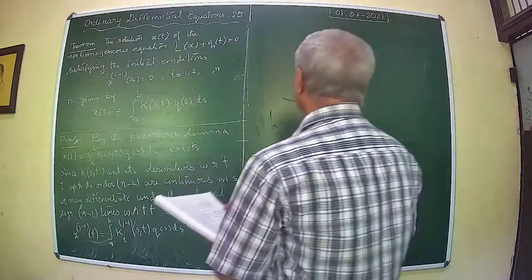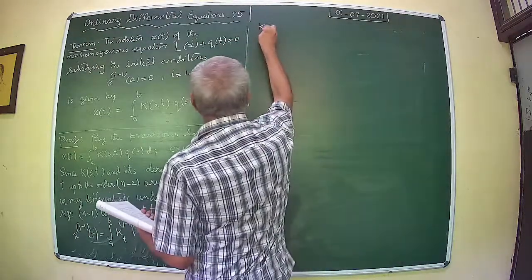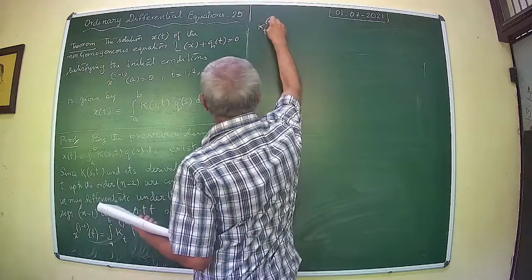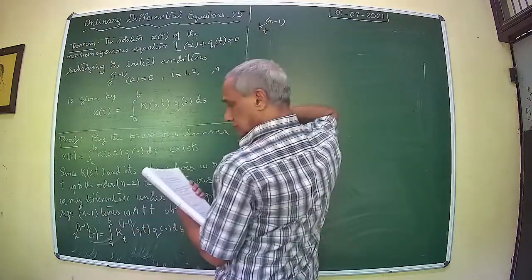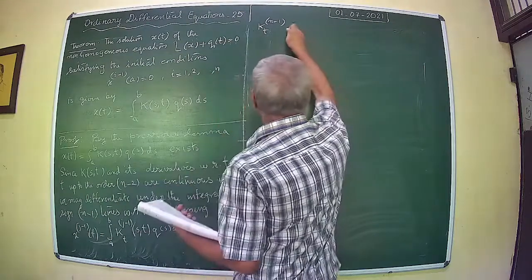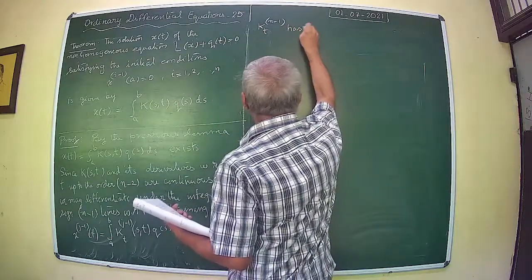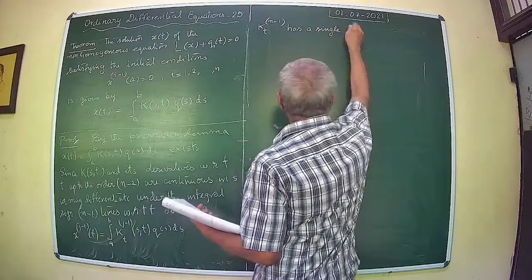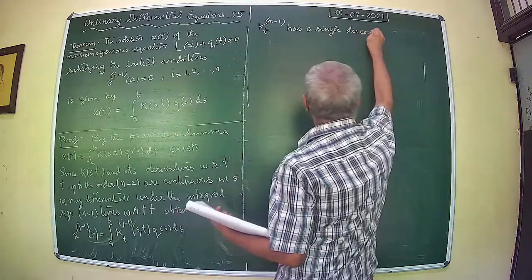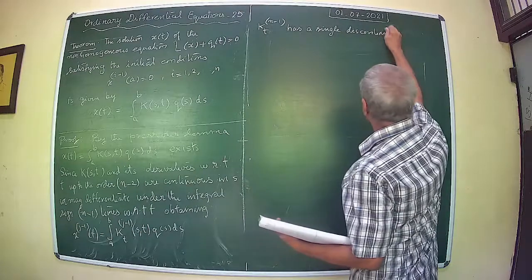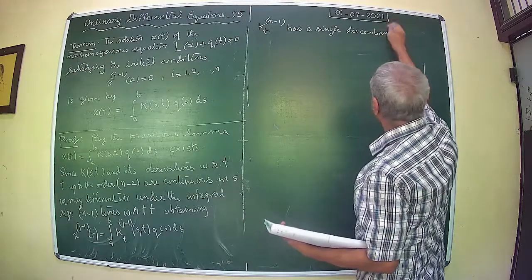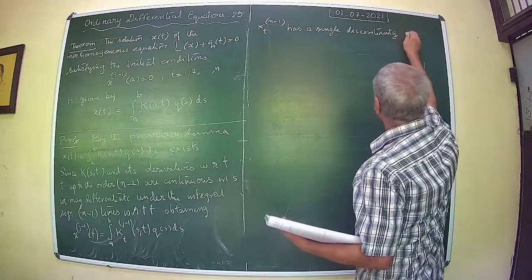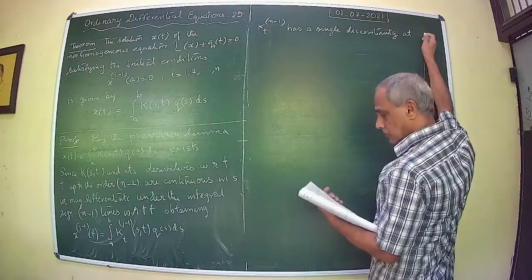So k, derivative with respect to t of order n minus 1, has a single discontinuity at t equal to s, equal to